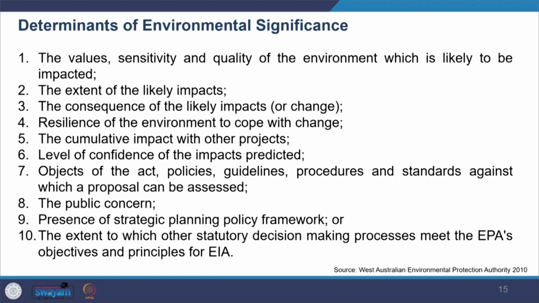You can also see in the literature various determinants of environmental significance, like this one given by EPA of Western Australia, where you see the value, sensitivity, and quality of environment which is likely to be impacted. So how sensitive the receiving environment is, and then the extent, intensity, duration, magnitude, and geographic footprint, and then also the consequences of likely impacts of what will happen, and then resilience of the environment to cope with the change. So any kind of change which happens, is there resilience for the environment to adapt to that kind of change,